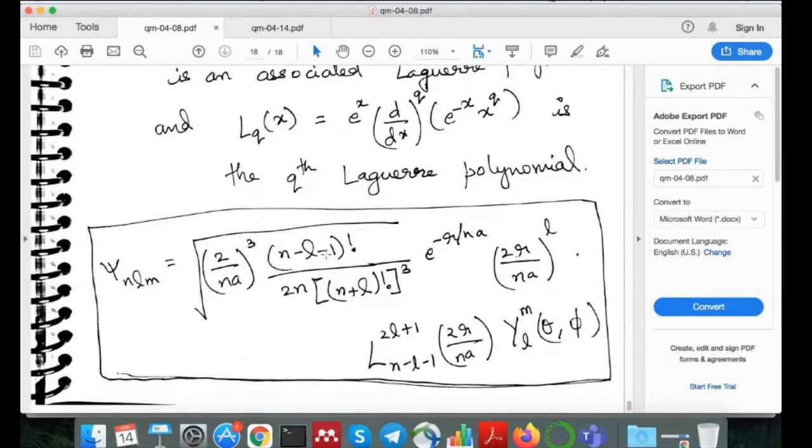Okay, so the wave function is this particular quantity. It's a complicated function, but if we know what the L value, N value, and M value are, we can break it down to simpler functions. All right. So we stopped here in the previous class. So now I'm going to continue from this point on. Okay,